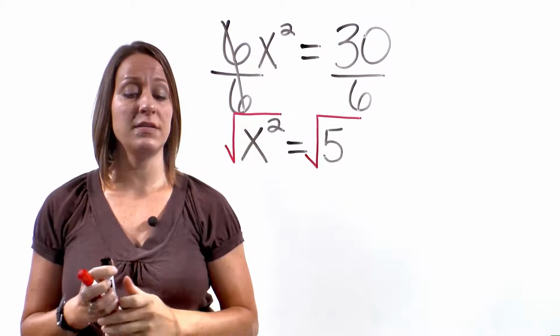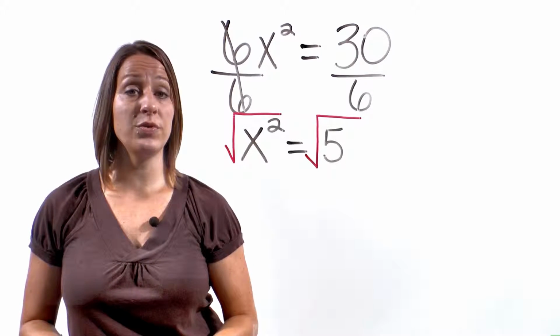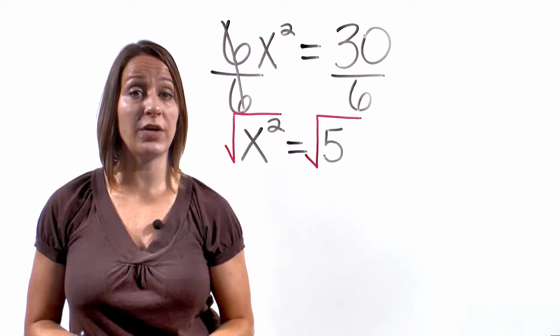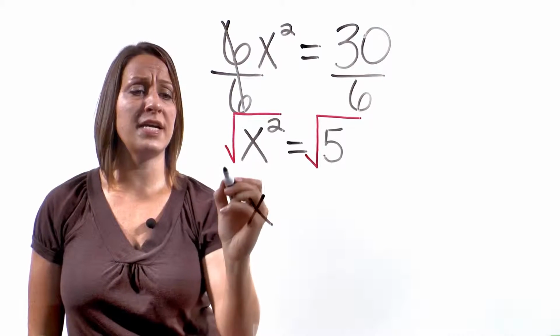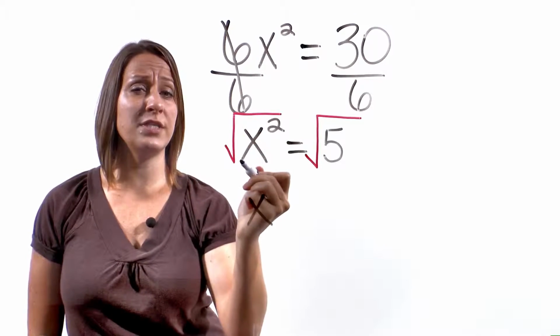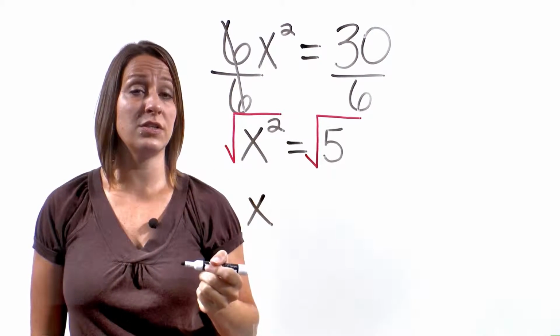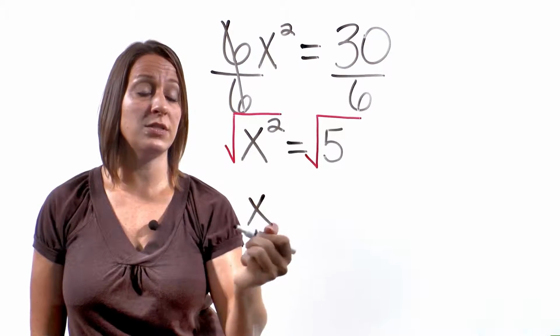On the left side, the square root of x squared is x. You could also think of it as this red square root symbol cancels out the little exponent too, leaving us with x